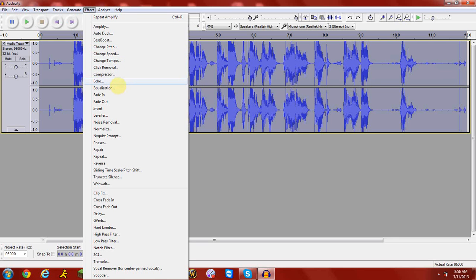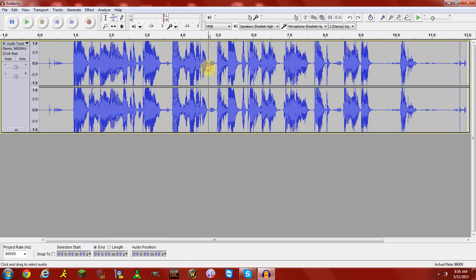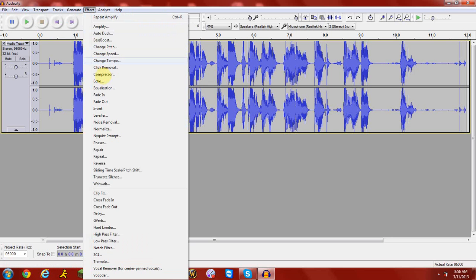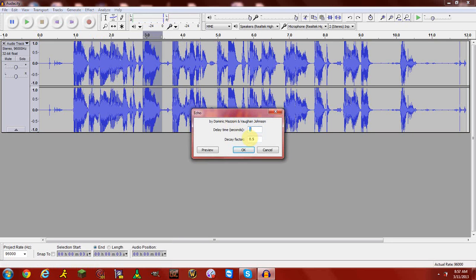Compressor and echo. The compressor is a bit more advanced. Echo, you can't really do it like this. You have to select a part of the track. Say you wanted to make this word echo. Now this word is tutorial. So if you want to make tutorial echo, you highlight tutorial, you go to effects, go to echo, and you